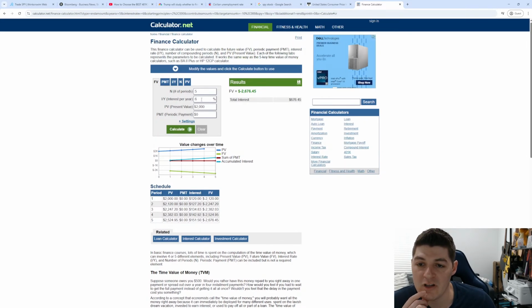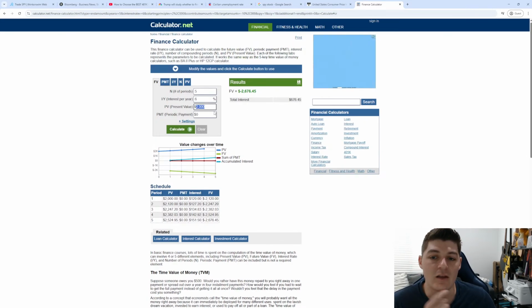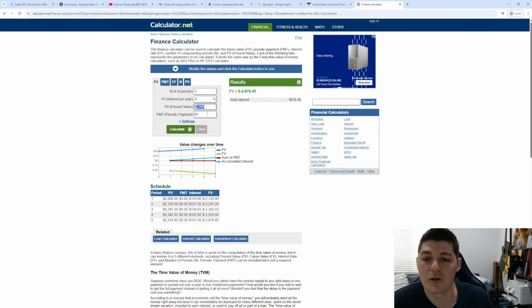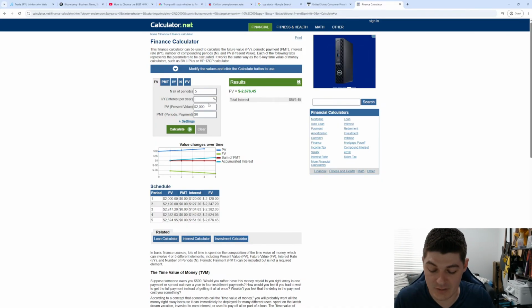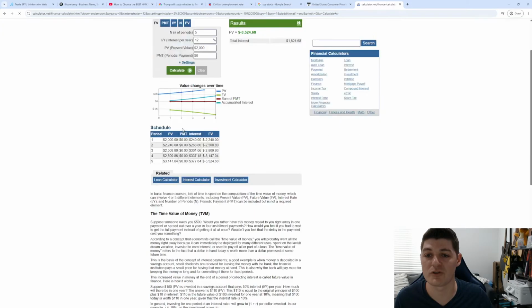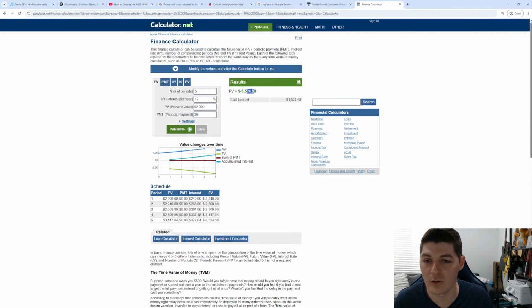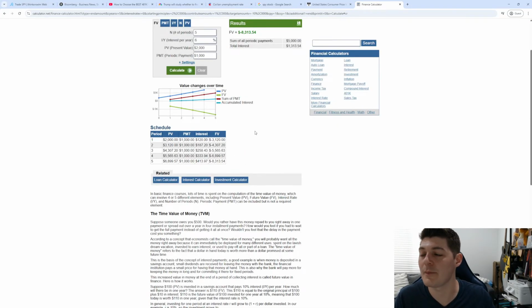Okay, so if you're earning 6% a year, starting with $2,000, then you're only going to get to about $2,600. If we double this to 12% per year, which is an insane amount of return, you're only going to get to $3,500. But let's say that you have the same $600 return, but instead you're able to save an extra $1,000 per year. Now you're all the way up to $8,000.